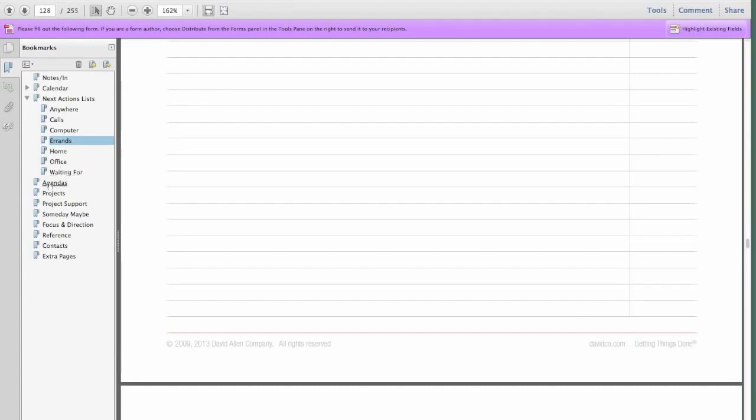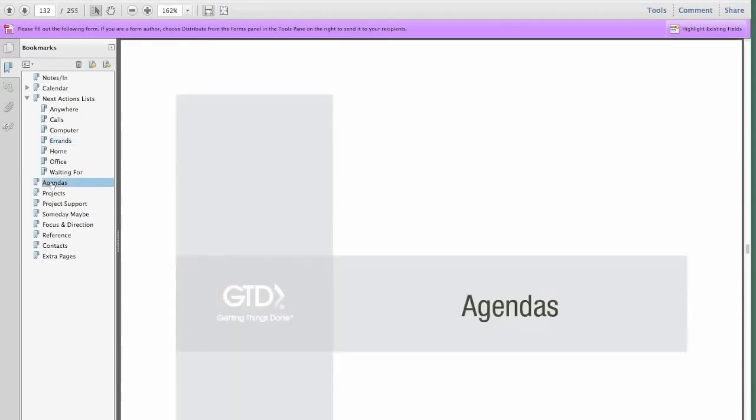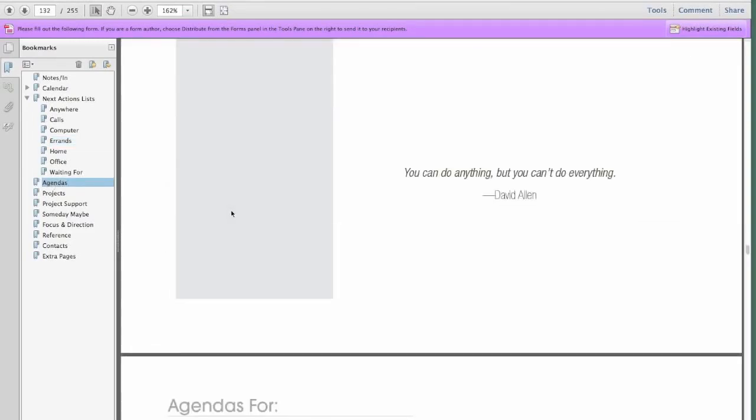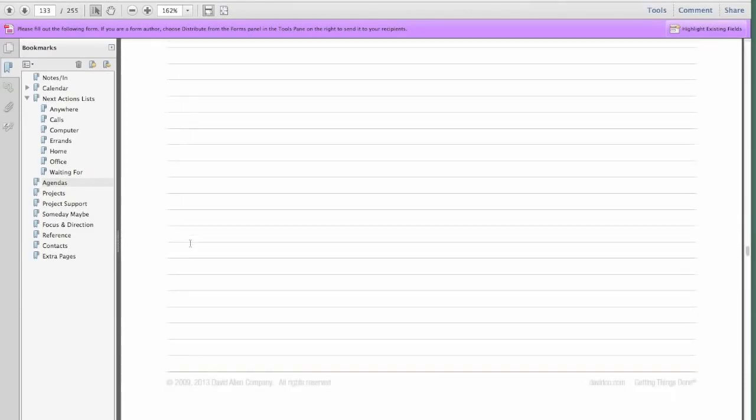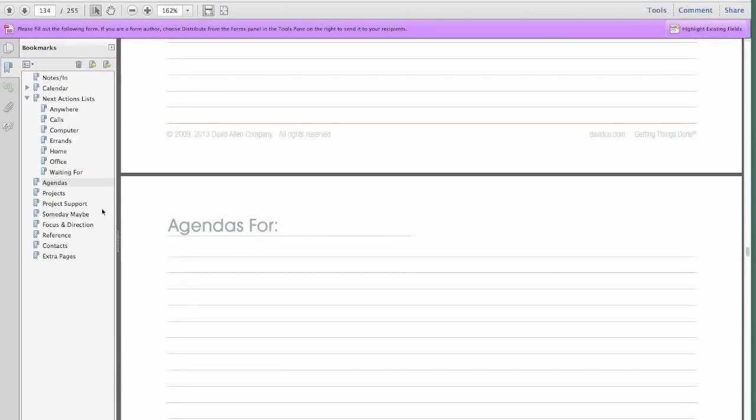You have another entirely different section than next actions called agendas, and that includes people lists. So I have agendas for, let's say, my boss. These are items I want to talk to my boss about. And again, that educational guide will explain how all these different pages are used. I mostly want to cover for you how this actual PDF is used. So I might have an agenda list, and you have a variety of agenda forms here. You could do several people.